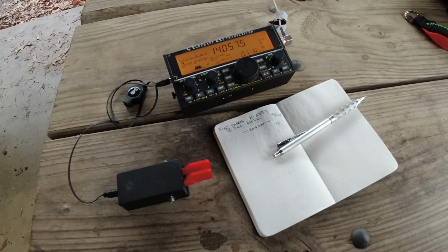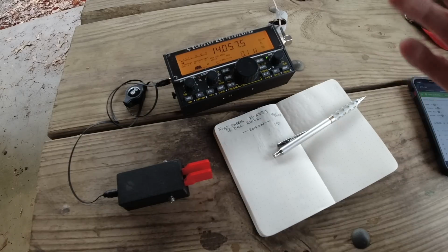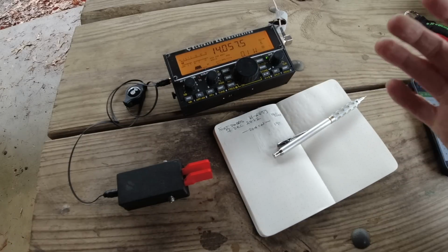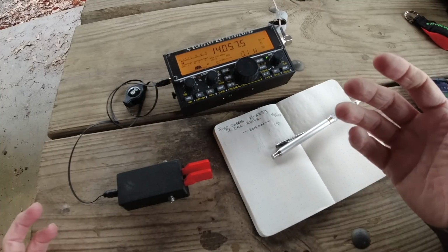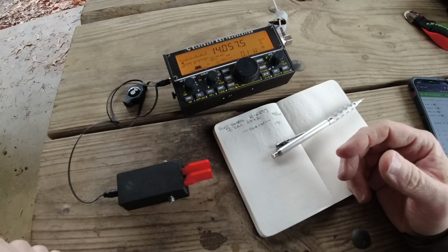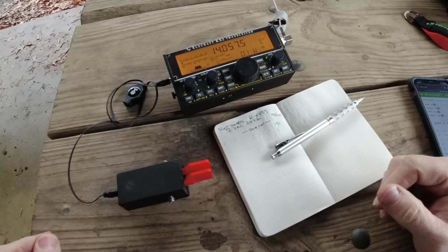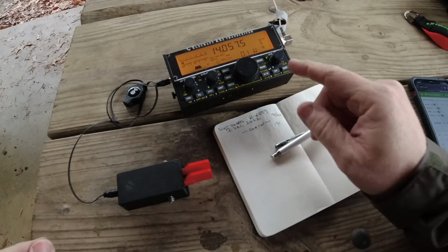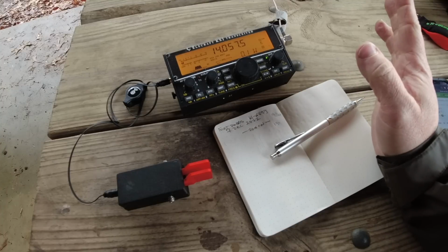But again, this is using almost no power at all. This is the closest thing the KX2 will do to no power output. I wouldn't recommend you do this. And in fact, I wouldn't recommend you think that you can do this all the time. It could be that conditions will be really great some days and you do okay with it. But in general, when you're doing a park activation, you do want your signal to actually get out there somewhere and for people to be able to work you. And by going 1/10 of a watt, I know I'm eliminating probably 98% of the people that could possibly contact me,